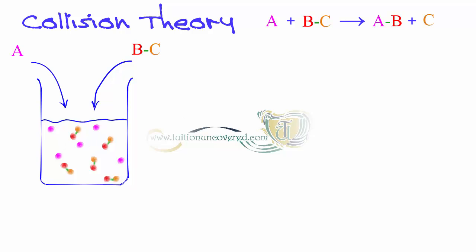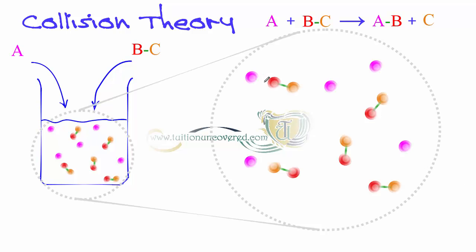If we now zoom in so we can see specific A's and BC's, I want to focus on what's about to happen. Now let me explain initially what the collision theory is. In order for particles to react, they must collide with enough energy that's greater than the activation energy and be orientated correctly. So if we take a further look